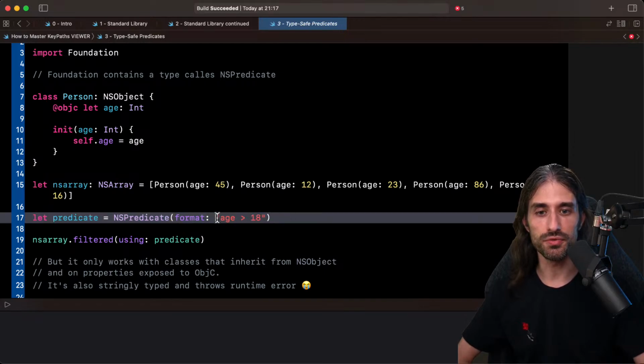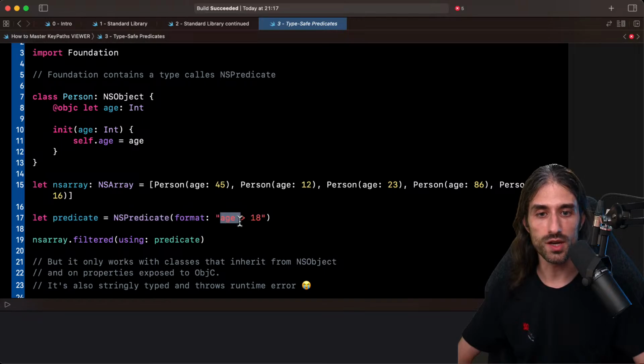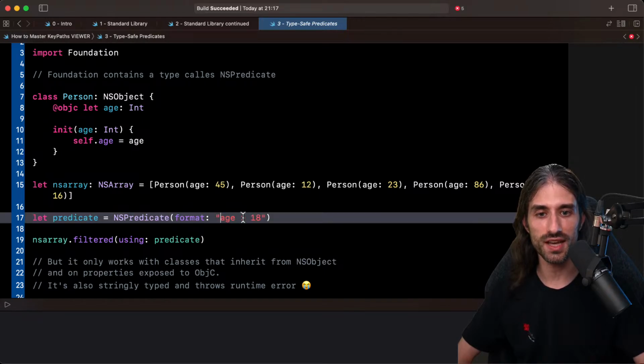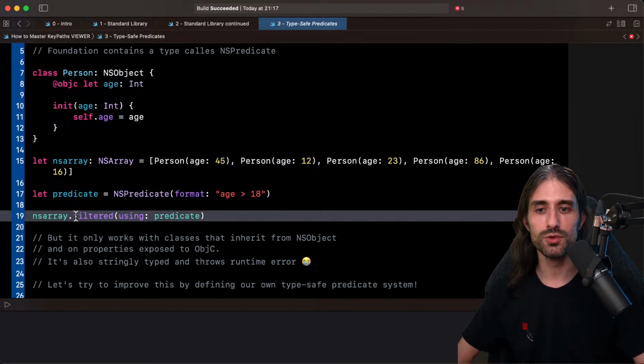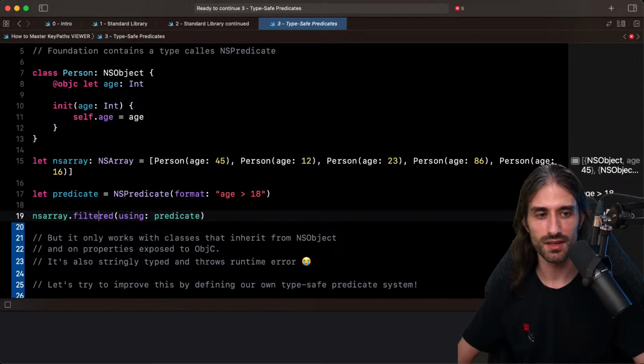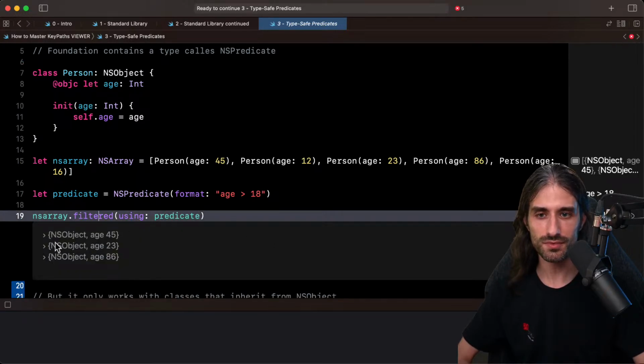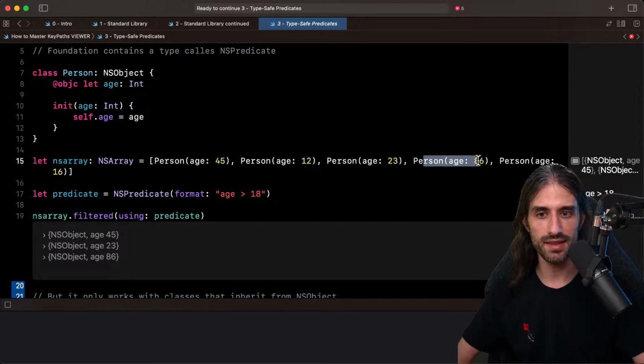You would pass in a format, a string where you say my predicate is that the property age is strictly greater than 18, and then you could filter your array using that predicate. If we take a look at it, we can see that we have now only 3 elements. So we have this one, and this one, and these two here have been removed.